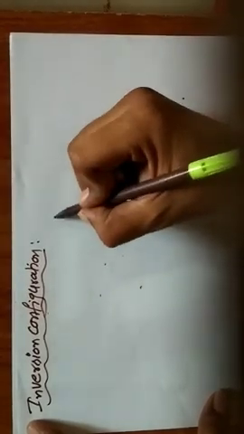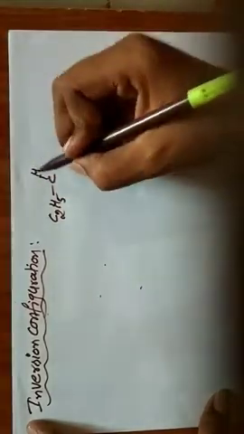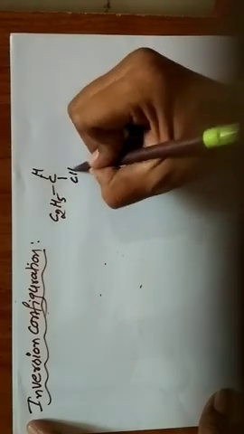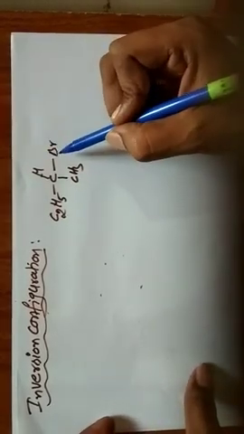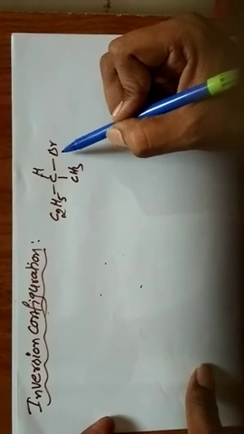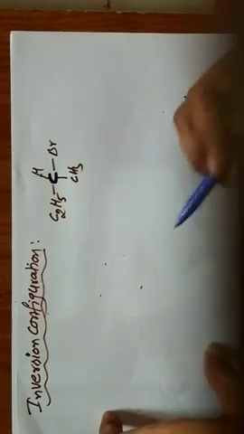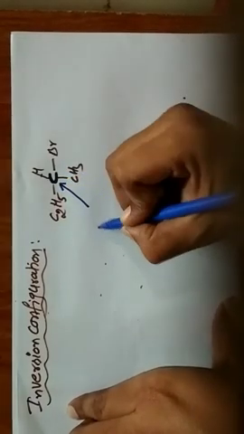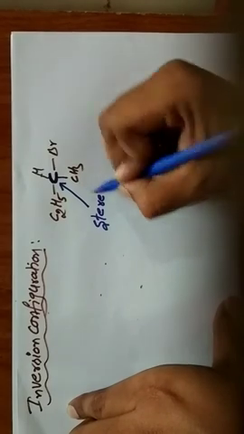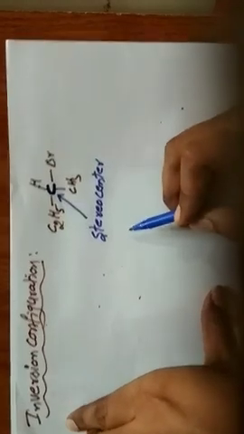C2H5, bond C, bond H, bond CH3, bond Br. Not only this one, you can take any alkyl halide. This is an alkyl halide because a bromine atom is there. And also this is the asymmetric carbon. Yes or no? This asymmetric carbon, what is the other name? Stereocenter. This is called a stereocenter.